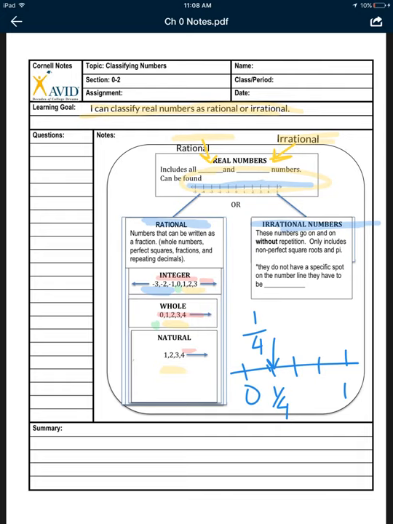Let's see, 5/10 goes right here. That's equal to a half. It's right in between 0 and 1. Okay, so all rational numbers have a very exact spot on the number line. Even a decimal like 0.3 repeating, that is actually 1/3. That's equal or the same as 1/3. So even our repeating decimals have an